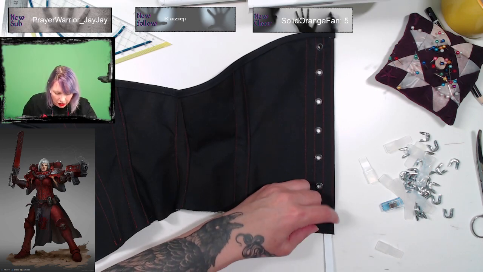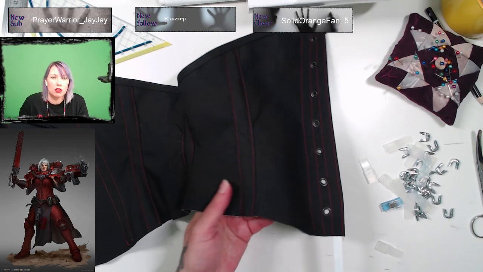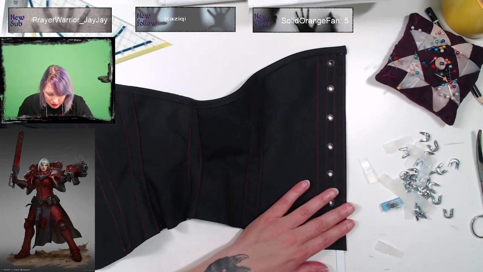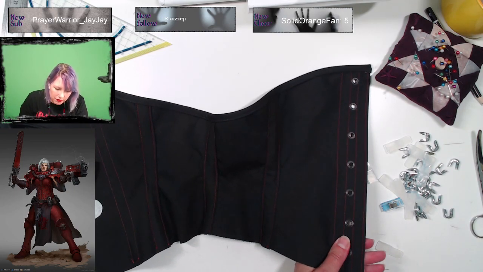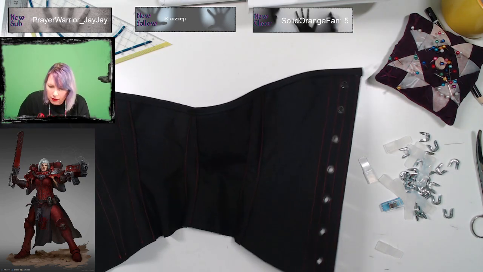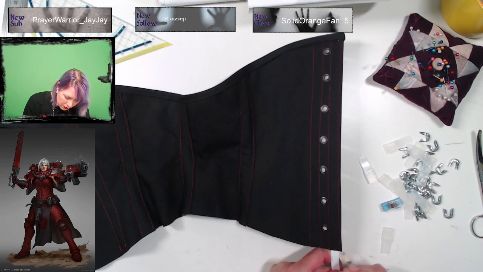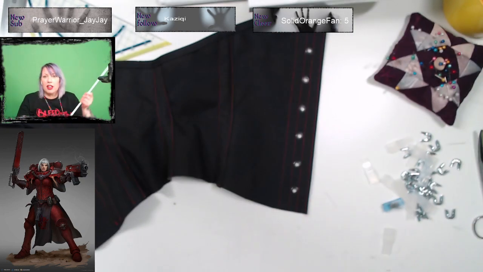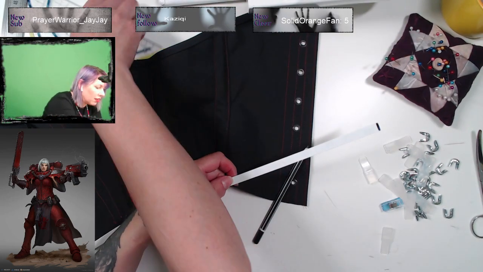So some of the boning channels are inside the two pieces of fabric, and some of them are on top, like this one. So, come on, go in. Okay. Now I need to make it a little shorter than that, of course, because it's going to be a centimeter around it.